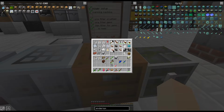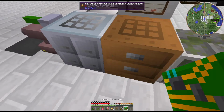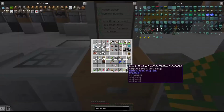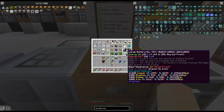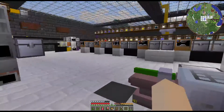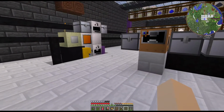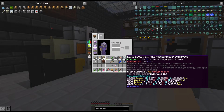So we can do this. Grab 2 T2 circuits and our transformer we already have made up. By the way, I have used up almost every bit of aluminum we have. We've got to get vitriol set up soon, or I'm going to have to do some processing of bauxite the way I don't prefer to do it. So now I have my large battery box,